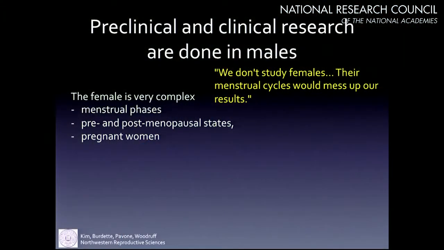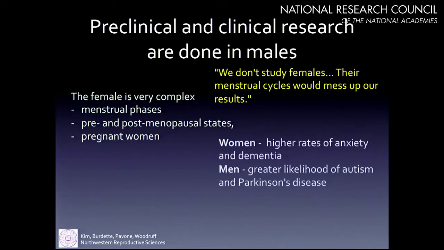That's because the female is very complex, and I say that in a biological term. Not only does a woman have menstrual cycles in a certain span in her lifespan, about 35 to 40 years, but there are also pre and post menstrual menopausal states, and when you're pregnant, the levels of those hormones skyrocket. So we are constantly being bombarded or devoid of these hormones,